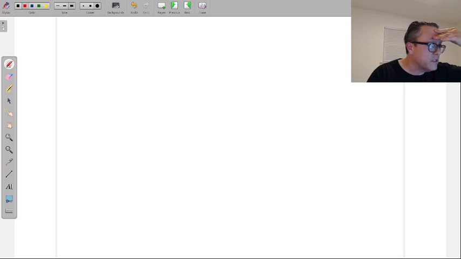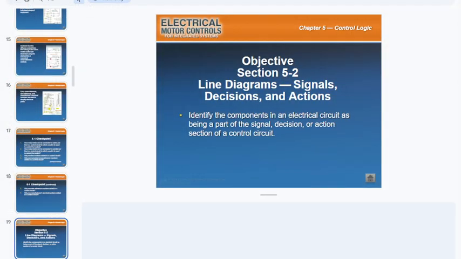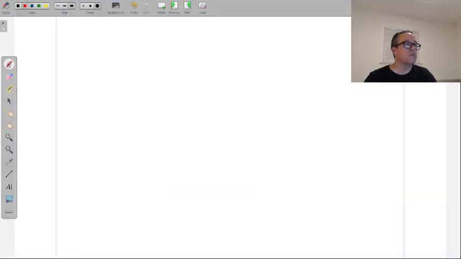Now, it is 8:26. I'm not going to jump into the next part of this, line diagrams, signals, decisions, and actions. That'll take me a good 10, 15 minutes to break down. And it is the last day of the week for our class, and I think we've talked enough today about everything. So I'm going to stop the recording right